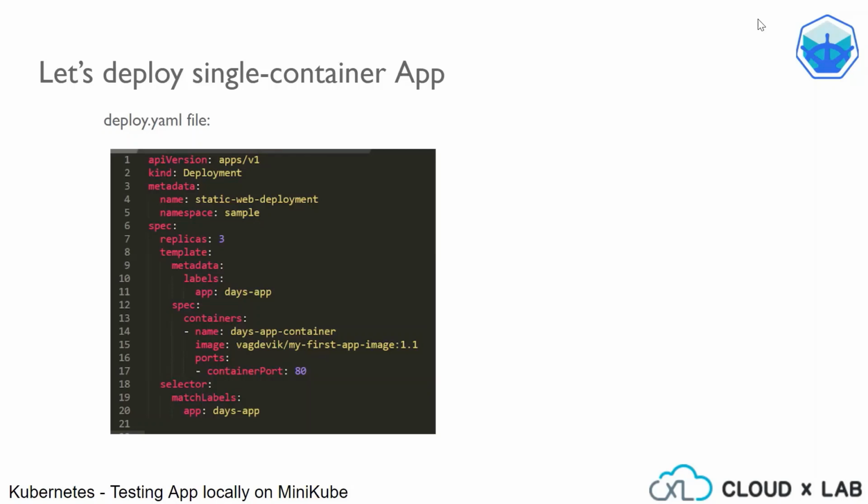Next comes the template. Template describes the pods that will be created. Each pod again has the metadata and specifications. The metadata indicates the labels. These labels are further used by the deployment selector to group these pods into the deployment. Secondly, the template also contains the specifications about the containers it should run. They are the name of the container, the image of the container from a remote container registry like Docker Hub, and the port to be opened by the container.